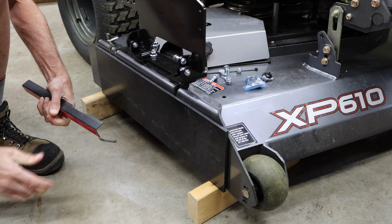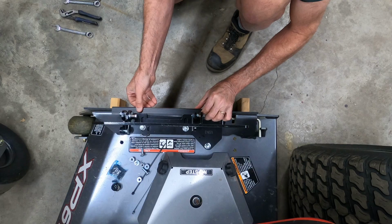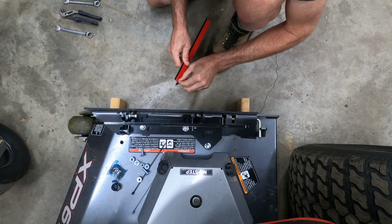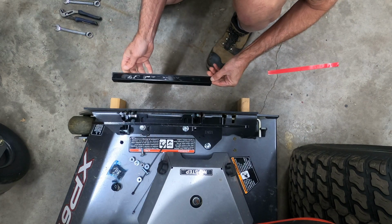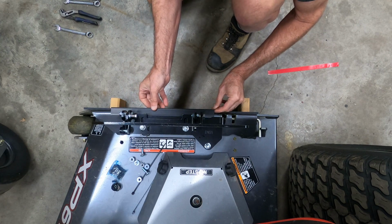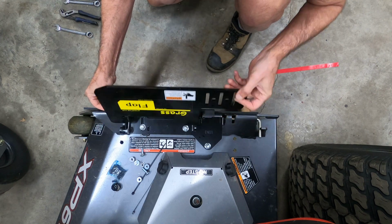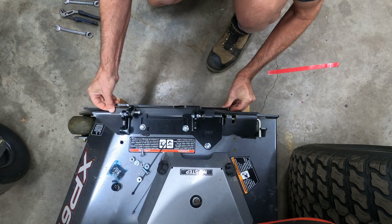So the deflector angle sits between the plastic blocker plate and the hinge plate. It attaches with the two-sided tape to the hinge plate, and then the blocker plate's going to sandwich it against there. So basically the adhesive is just to keep it from slipping. So we'll position it, start the deflector angle at the front of the discharge opening and carry it back as far as it'll go. Then we'll close the hinge plate, attach it to the deflector angle,